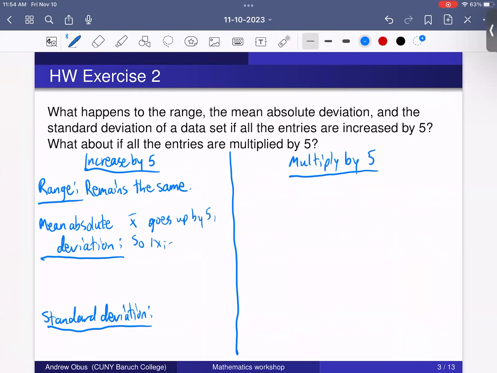So xi minus x bar stays the same. And what that's going to mean, well, if this quantity stays the same, and this is your input into the mean absolute deviation, right? The mean absolute deviation is just the average of all of these quantities. So if all of these quantities remain the same, then the mean absolute